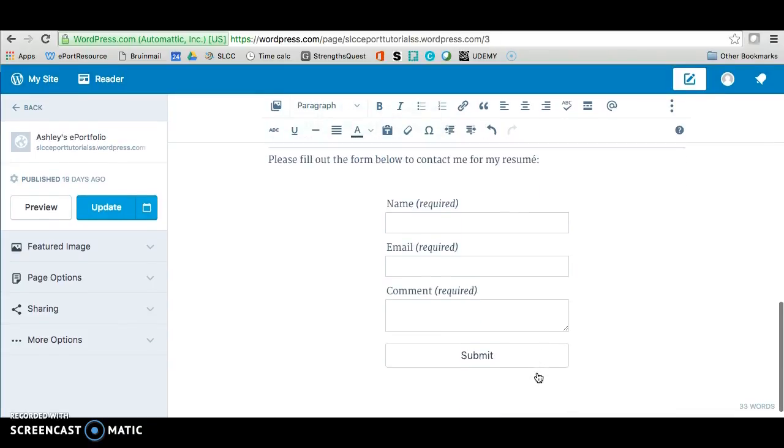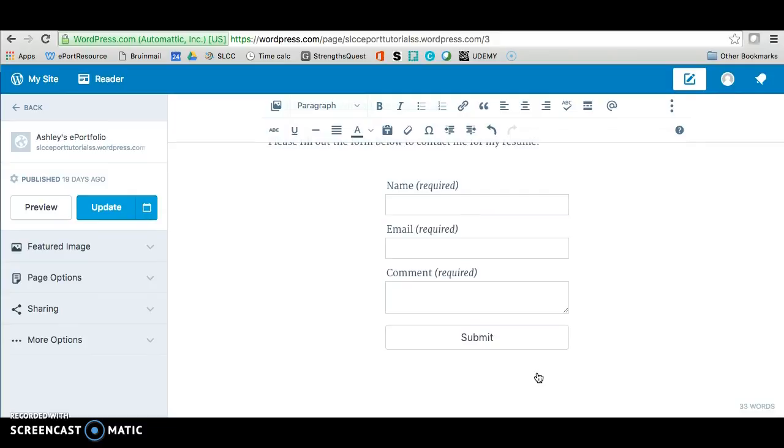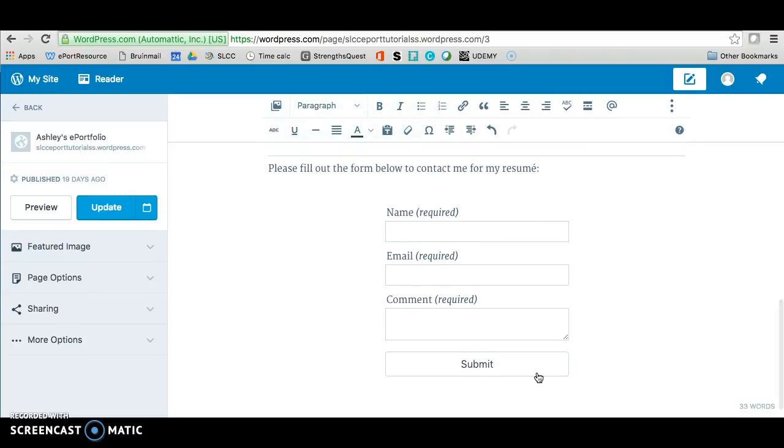And so, to be clear, this contact form is not for you to fill out. This form is for others who are interested in contacting you for more information regarding your work or your resume. So visitors will fill out the form with their information, and it will send you an email with their request. It's a good alternative if you don't feel comfortable putting up your resume, but you don't want to seem like you left the page unfinished.